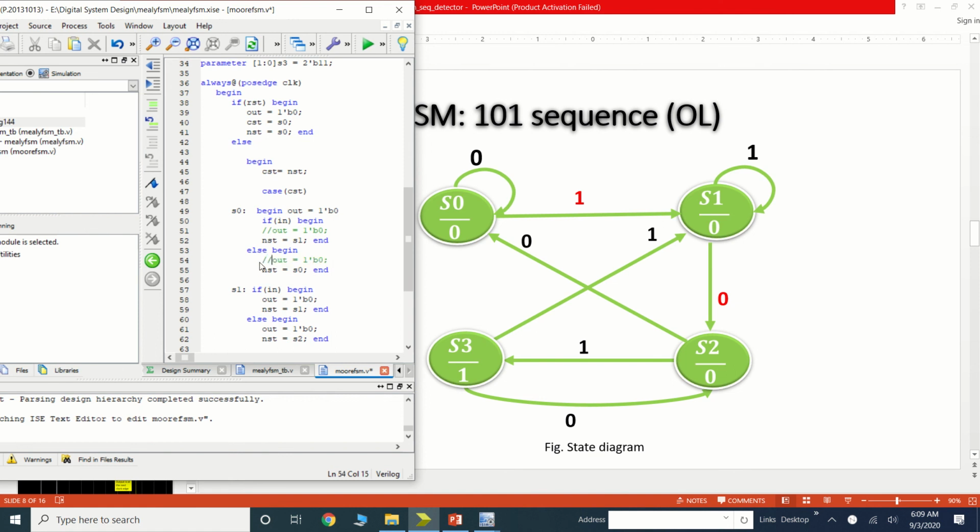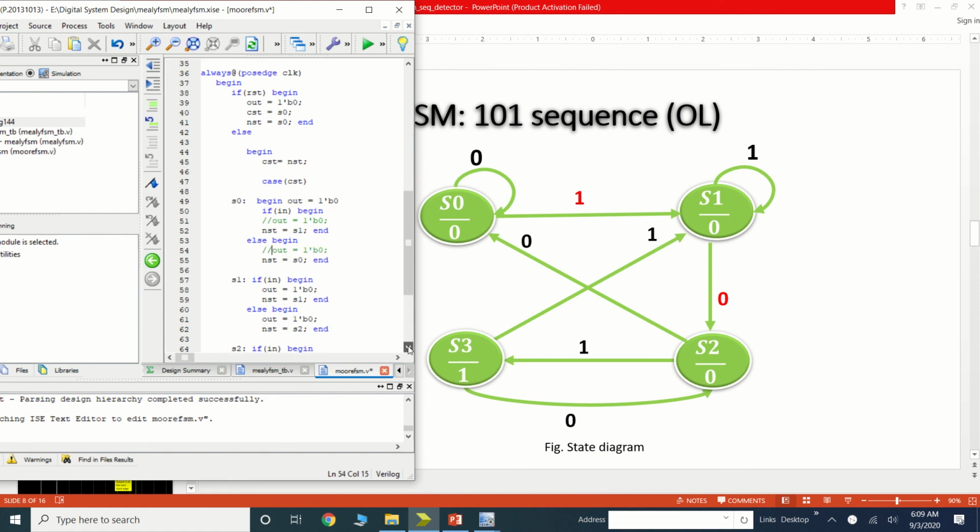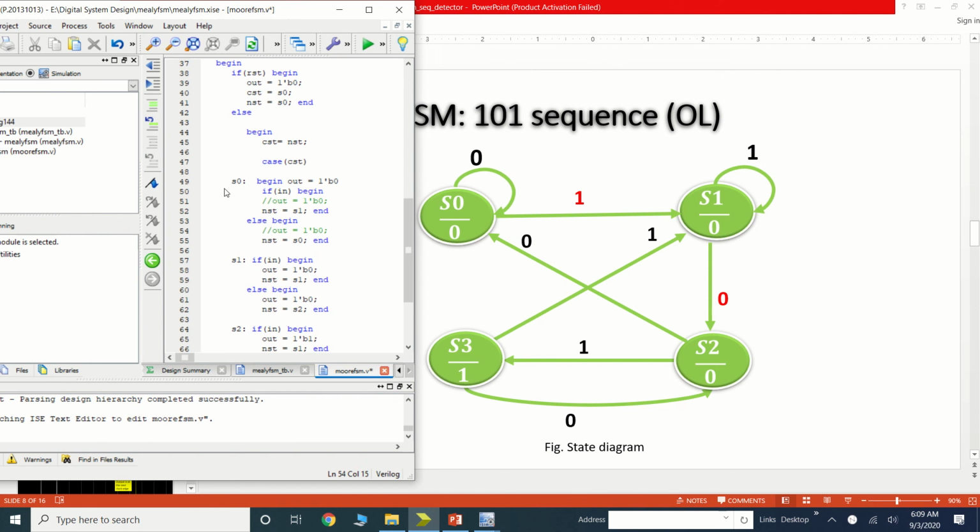Again, no need to mention inside, because in the Moore machine our output depends on the state only. Okay, the same way here I am commenting this, and here in the state S1, what is my output? The output is again 0. You can see in the state diagram on the right hand side, and the same I am mentioning here.